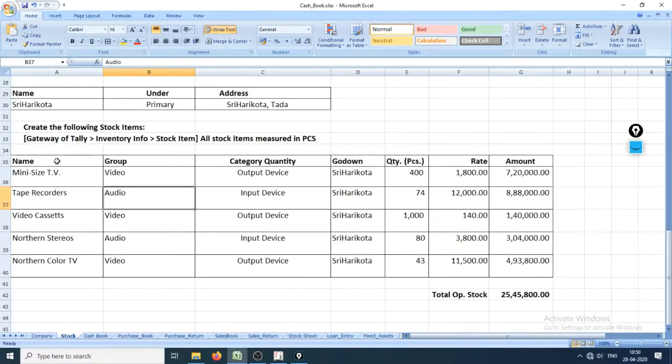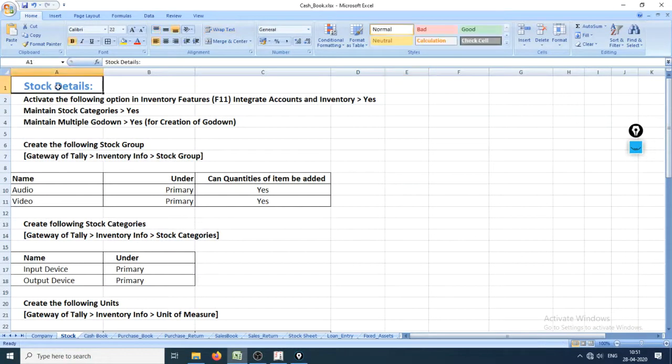The features are, you can name your item, that is a stock item. You can classify those items into groups, and you can classify those groups into categories, and you can classify all those goods into the godown which they are placed into, so that there are various godowns. Okay, so that the godown that sends the goods will be reduced, and this is quantity and rate. Okay, we'll carry on this later on. So let's now first see how to enter these stock details. Okay,